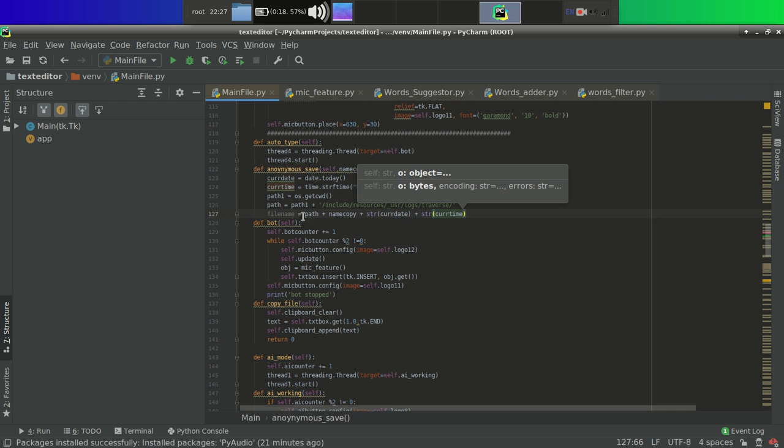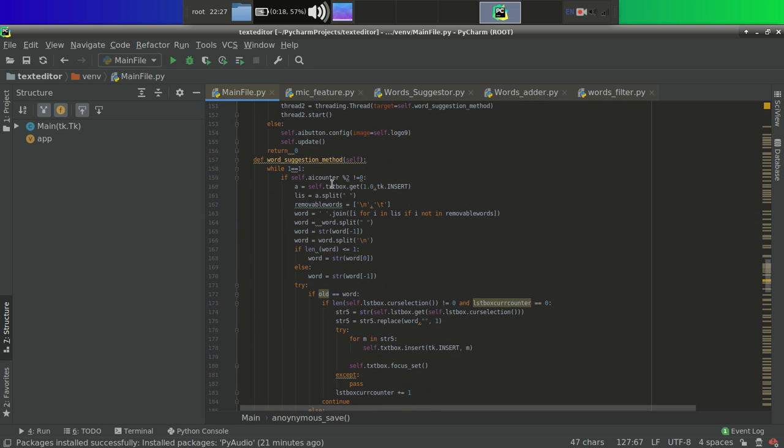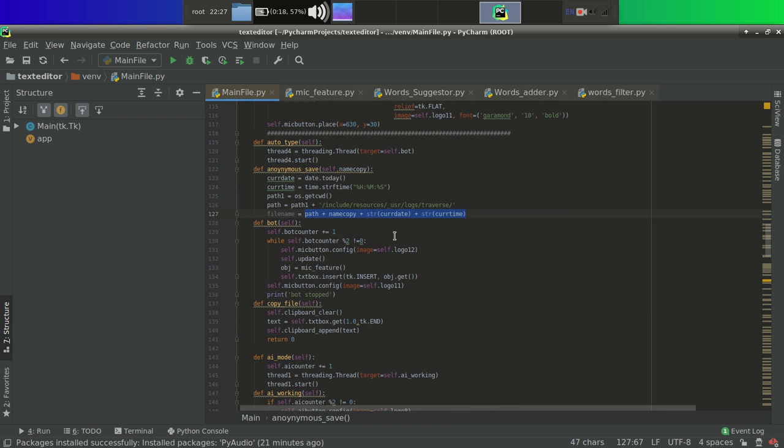So this is going to be the name of the file. The name of the file will be name copy, current date and current time. That's it. This is the name of the path.